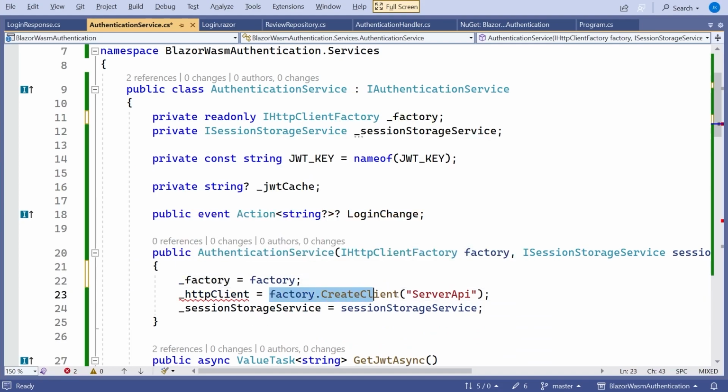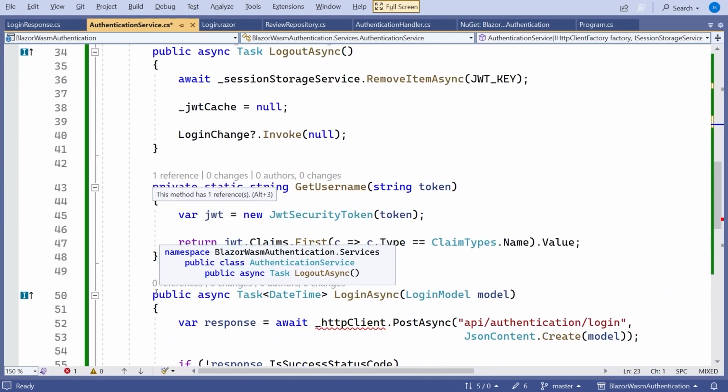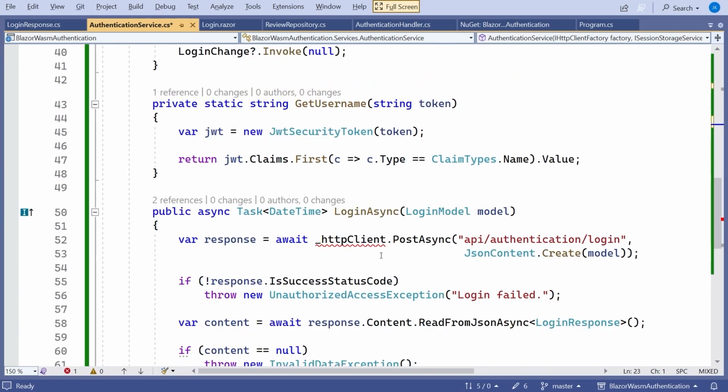And then the bit of code that actually created the HTTP client, we're not going to have in the constructor because that's what was causing the problem. We're only going to have it when we actually need it, which was down here in the login async, which will happen a lot later on if it happens at all. So that's where we're going to create an HTTP client just as and when we need it,